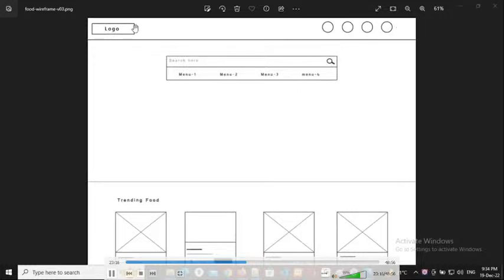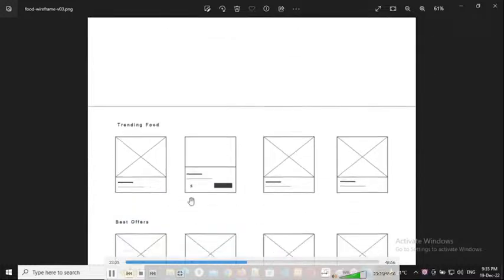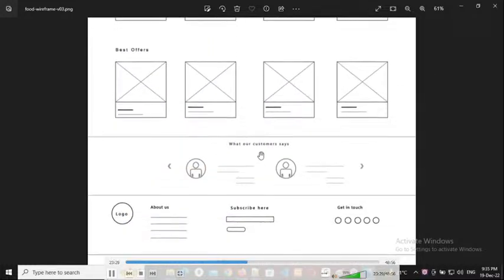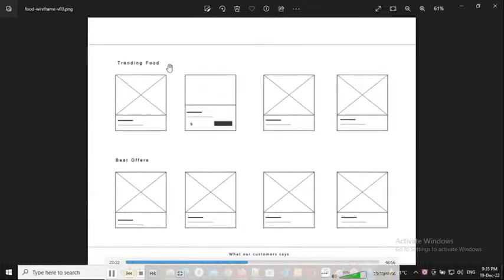See it? This is the logo, this is the plan. So this is the header part. This is the menu part and search area also. And this is the food part, product part. Okay, right, and this is the reviews part. And this is the footer part like this. And then after,